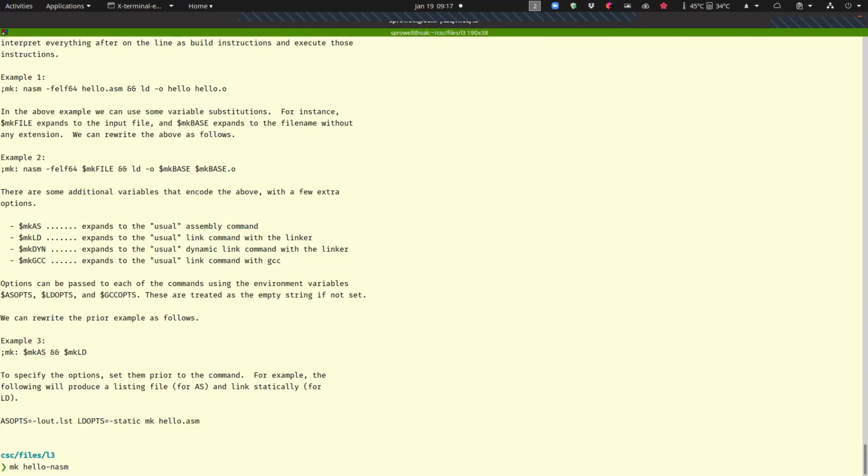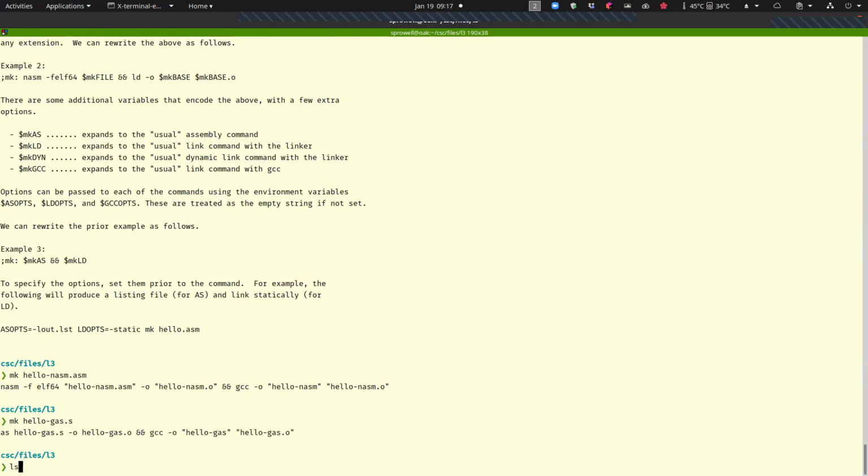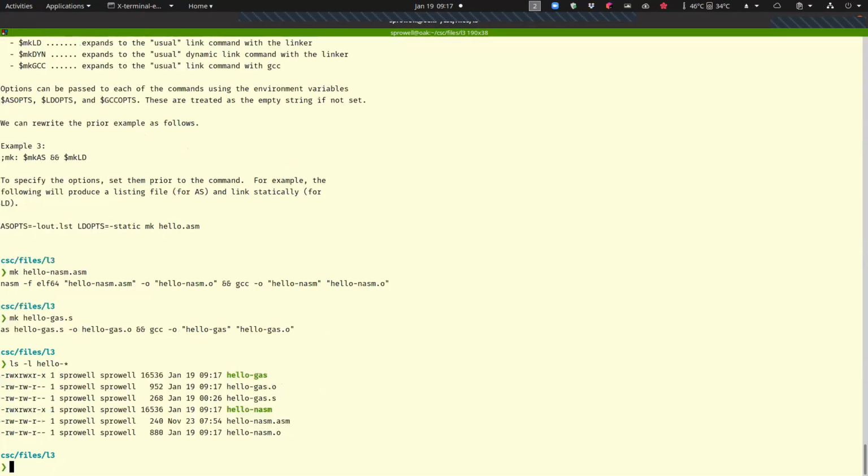type nasm.asm and make and take a look at the two files. There's the binary for one, 16,536. There's the binary for the other one, 16,536. Same length,